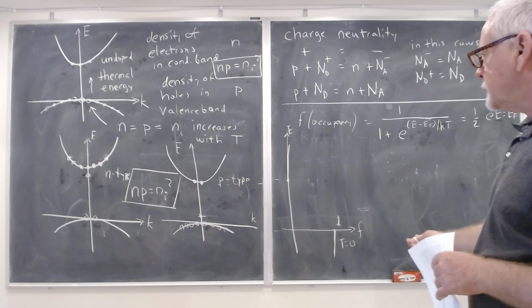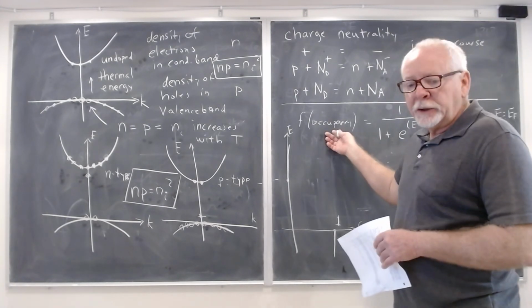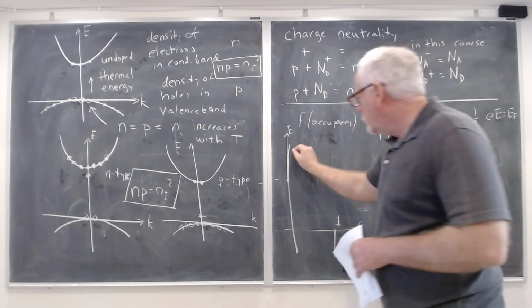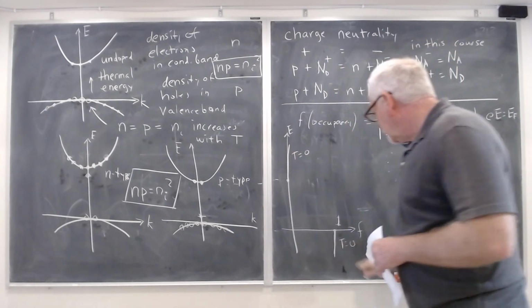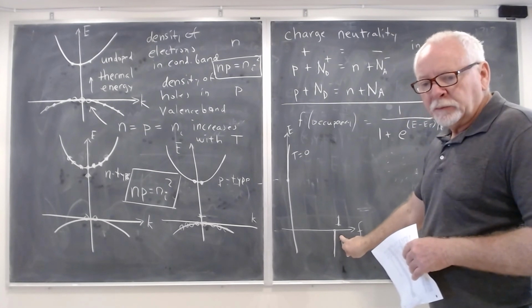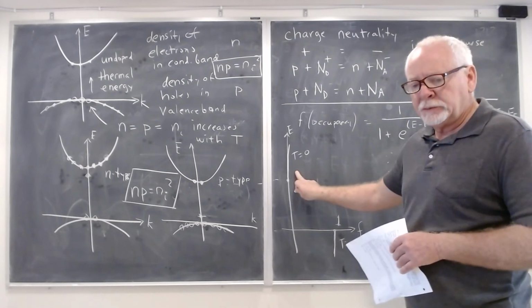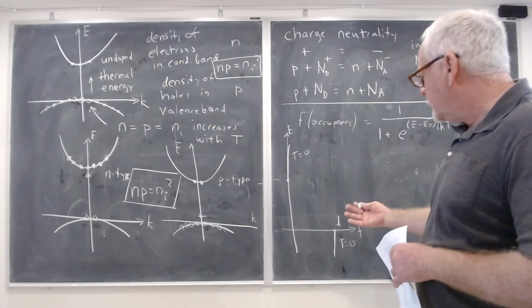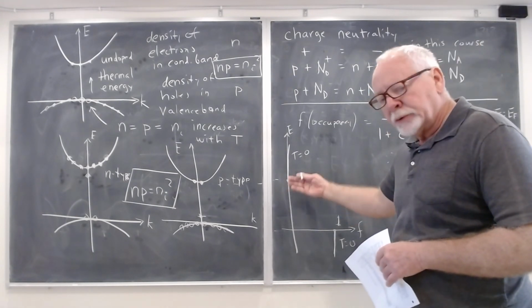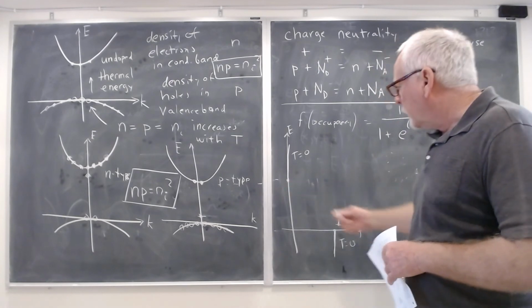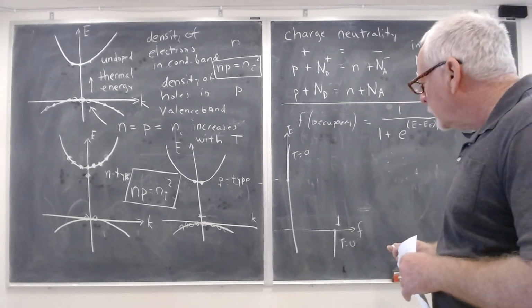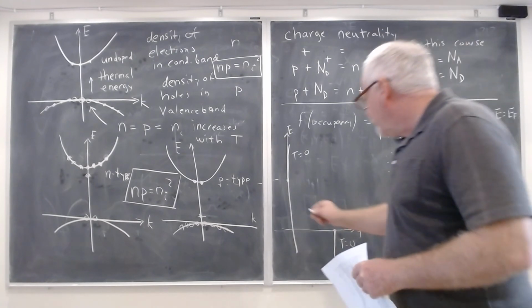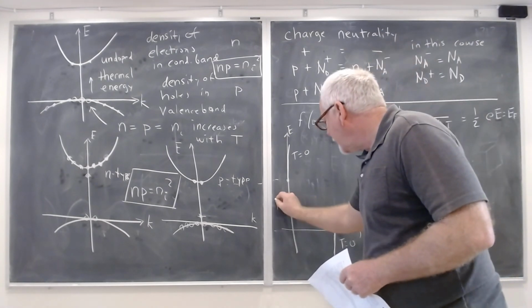I mean, I just defined F. I didn't need the Fermi-Dirac function, I just needed common sense. At t equals 0, it's 1 for the valence band, and it's 0 for the conduction band. Now, as I said, at t equals 0, it's sort of undefined in this middle region in the gap. All right, but what we're going to do is use common sense and say, well, EF is kind of in the middle.